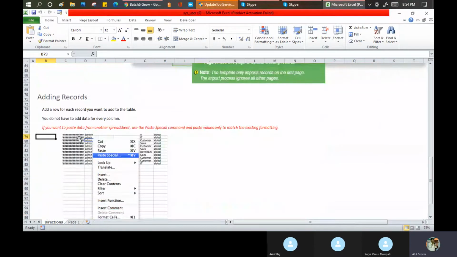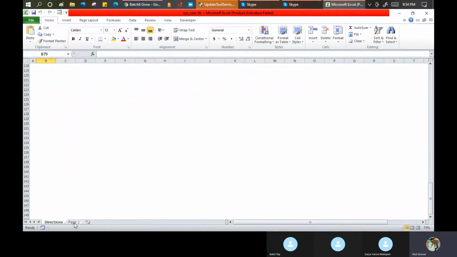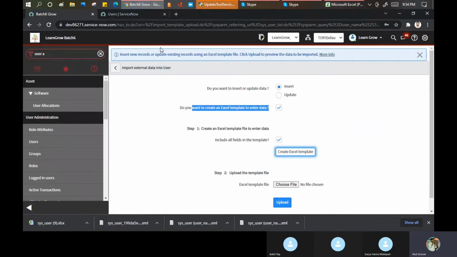इसी के लिए heavy है, देखो ये. Add a row कैसे करना है, सब चीजें यहाँ पर. Second, you can see all the fields of a user table in a single place. And another benefit is that you're getting some drop downs as well. Active true, yes. Building नहीं चाहिए. Calendar integration, yes. Outlook. City नहीं है. Company, I need ACME. I'll pick up this company, otherwise it will give an error while loading the records.